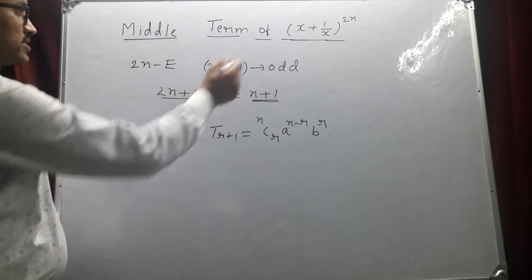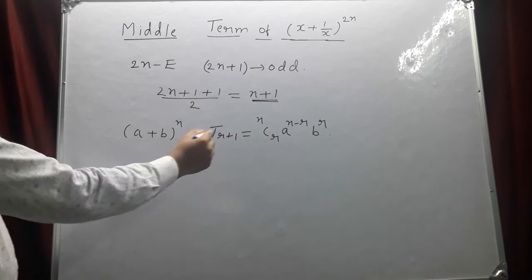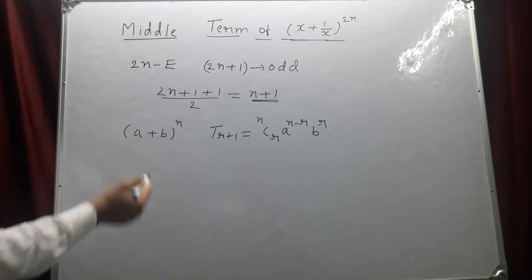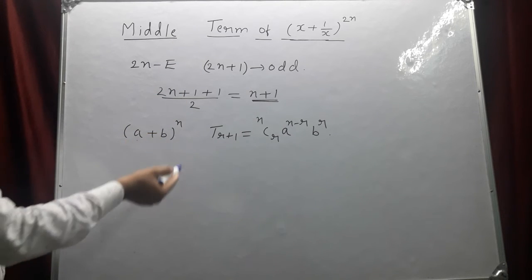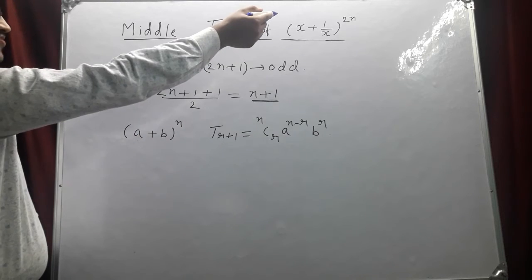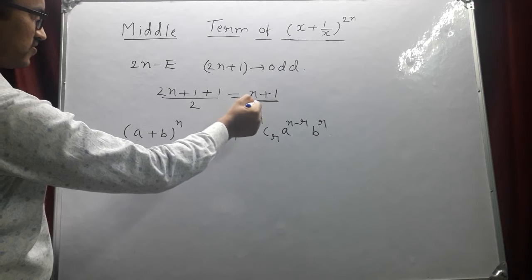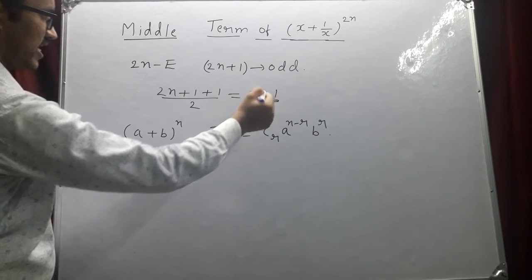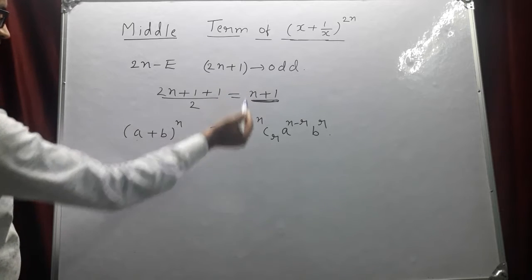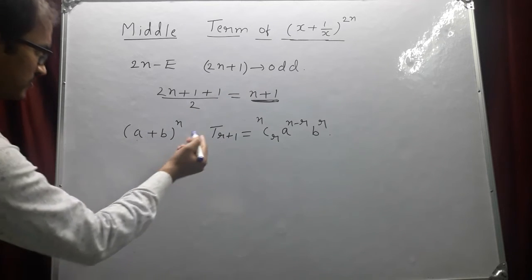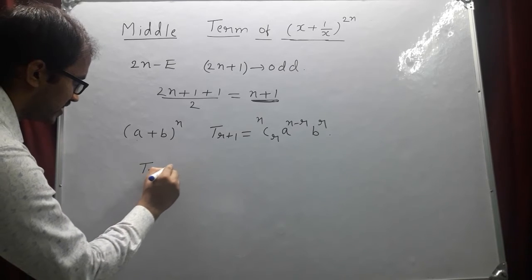So comparing (x plus 1 by x) power 2n with the general formula, the a value becomes x, the b value becomes 1 by x. In place of n, we have 2n. So the middle term, we know, is the (n plus 1)th term. So the r value becomes n. So we can write T(n plus 1) equals,